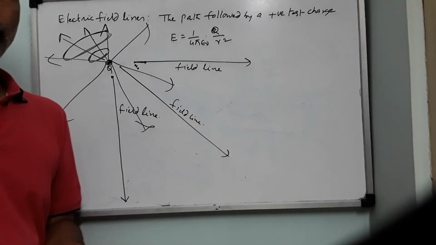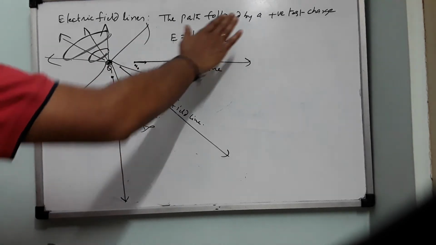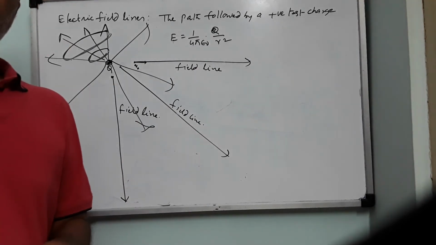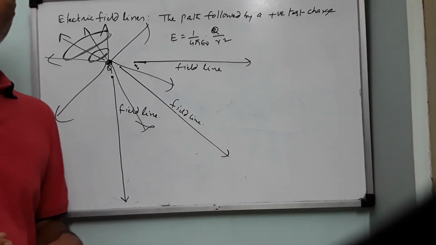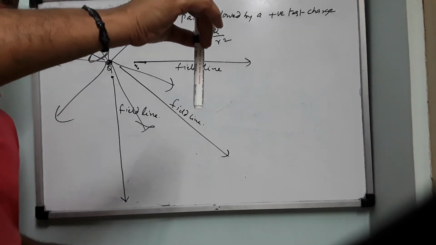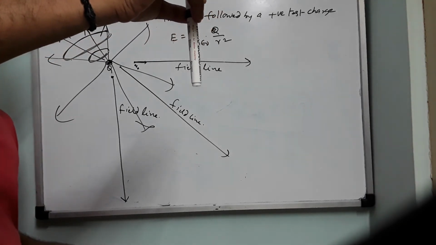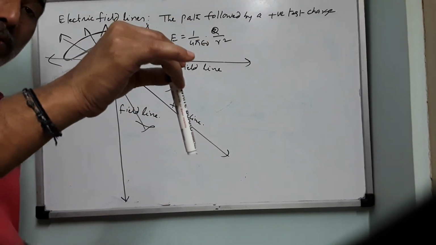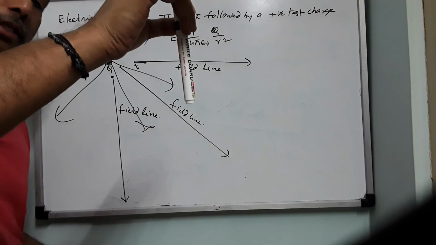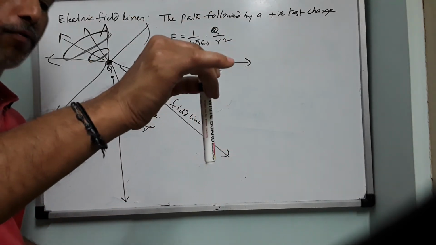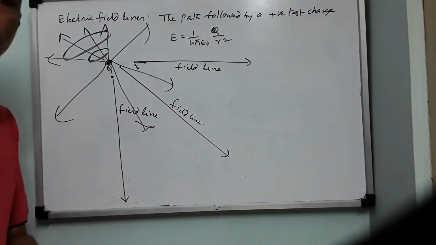So what does an electric field line mean? It is nothing but the path followed by a positive test charge. Now here we are all in gravity. Earth creates a gravitational field. Now I drop this pen here. Then what will happen? It will move in a straight line in the downward direction. If I am able to draw a line along this path, then I can call this line a gravitational field line. But can I draw it? No.